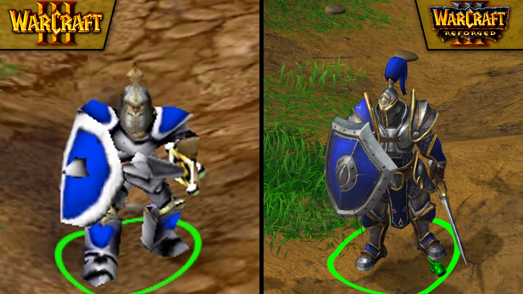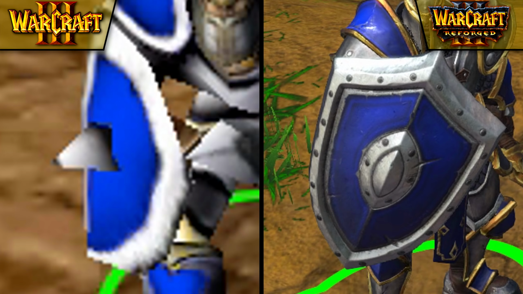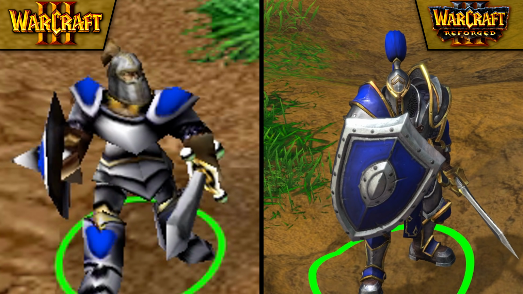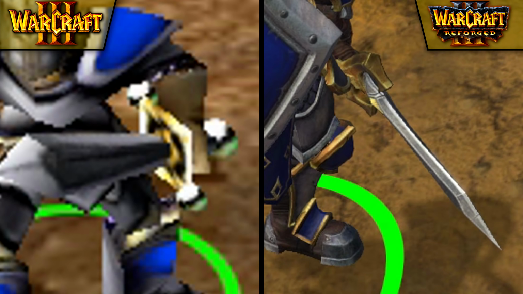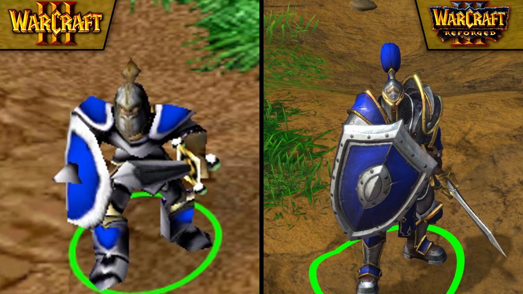the standard human footman. As you can clearly see, the character models have improved dramatically over the course of the past 18 years, with significantly more polygons, higher resolution textures, more advanced animation work, and greater detail overall. Various proportions of things like limbs now appear more realistic, yet still retain the exaggerated armor features unique to the